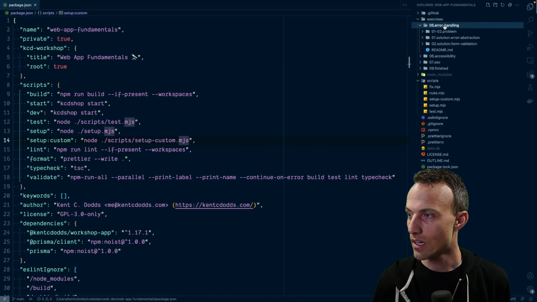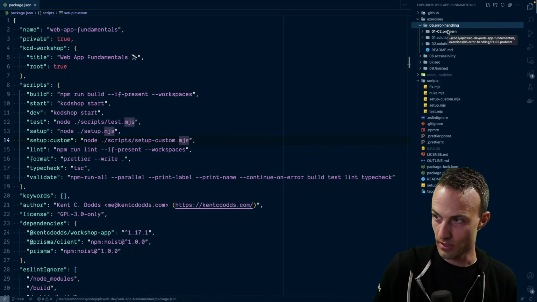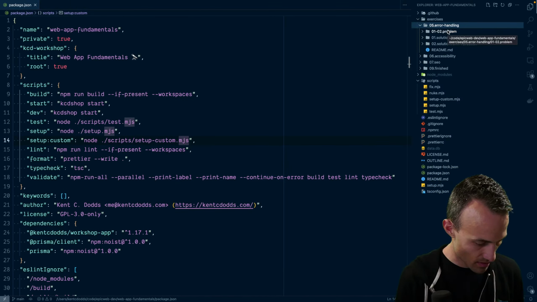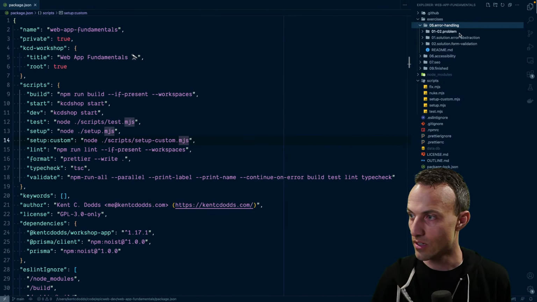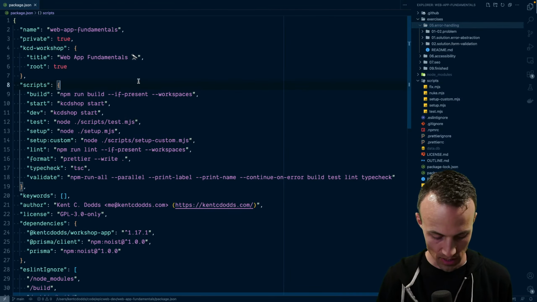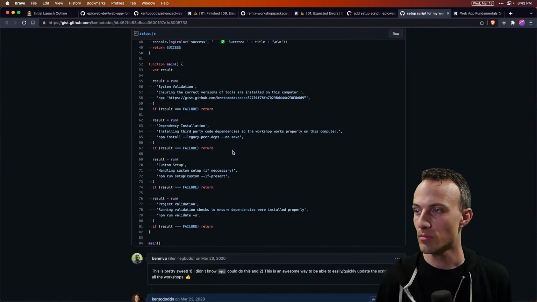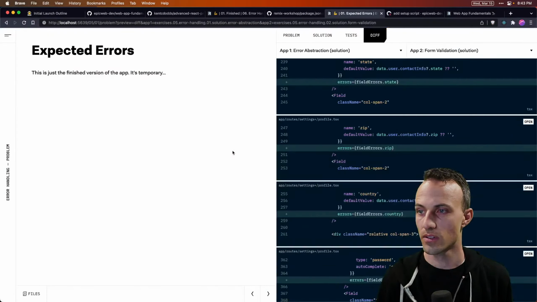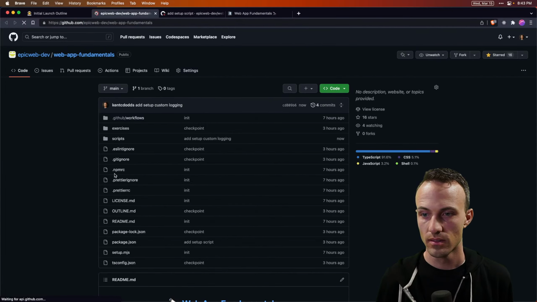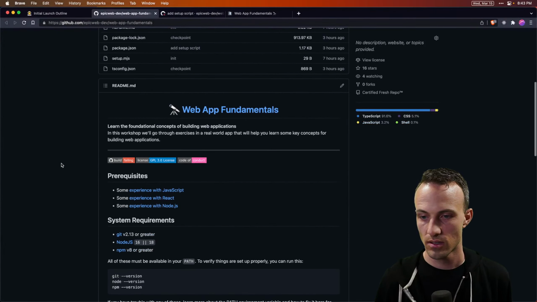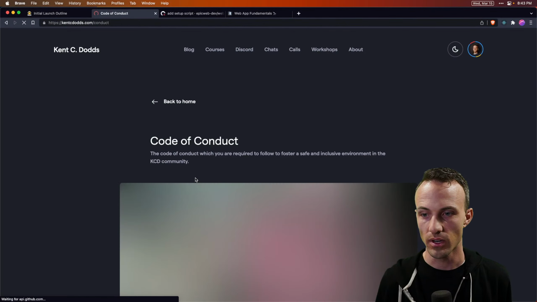Let's get to this. I think we were on error handling, and I need to remind myself if these are in the right spot or if I need to adjust them. So pop that open. Let's get rid of some of this stuff. This is not linking to anywhere. Oh, no, it is.